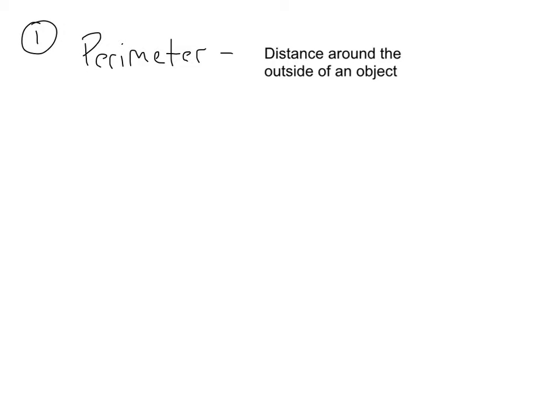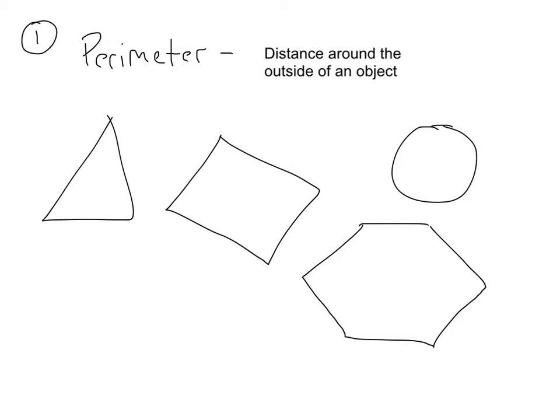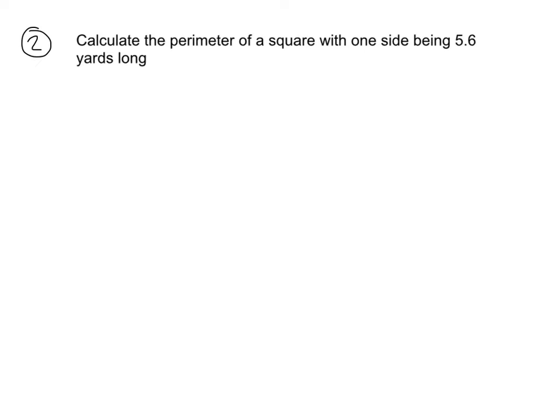So what's perimeter? In layman's terms, it's really just the distance around the outside of an object. And all shapes have perimeter, right? Rectangles have perimeter. Circles have perimeter if they're drawn correctly. Triangles have perimeter. Hexagons have perimeter. Pause the video and try this problem, play it when you're done, let's see